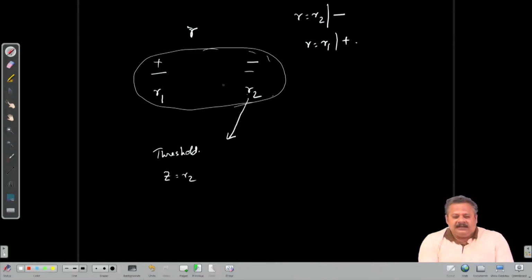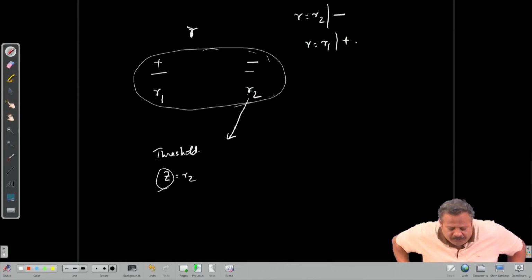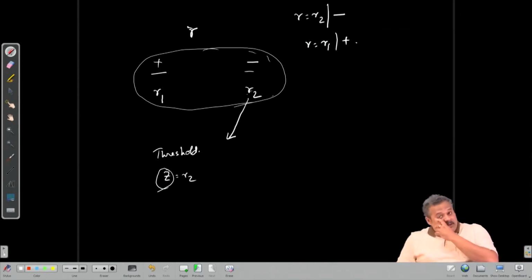If R1 is less than R2, we will say minus stimulus has occurred, the next one. So if we take this Z as R2,